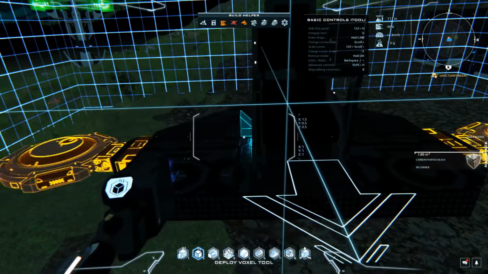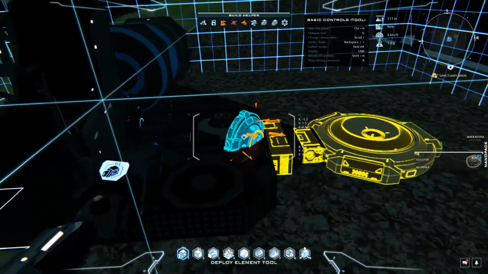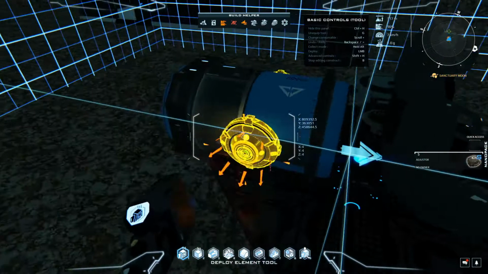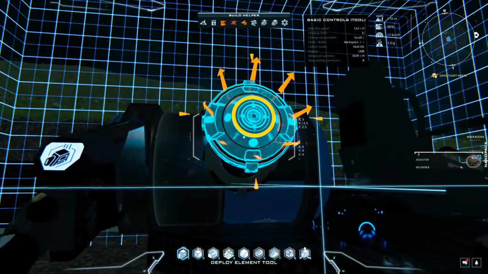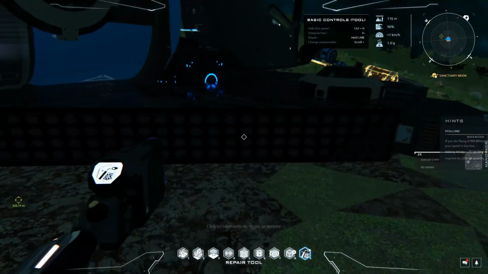Anyways, so you're going to need your adjusters, which allows you to rotate. Whoops. Backspace is awesome for that. So I need to